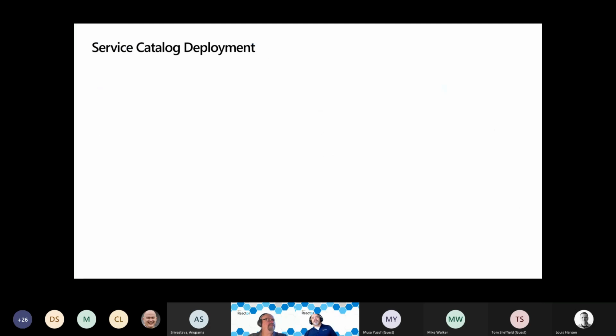Okay. So these Azure applications, either of the two, solution templates or managed applications, don't live in a void. There is a technology today in Azure called the Service Catalog Deployment. This means that if you have a very nice technology inside your company, and I'm going to use an example, let's say you have a